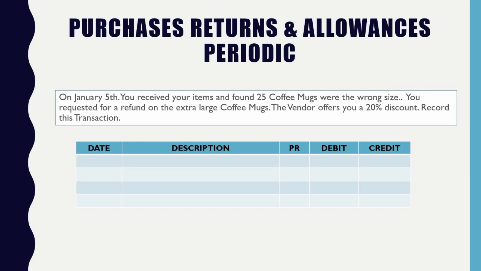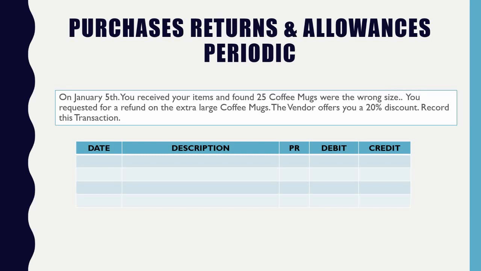You're going to start with your accounts payable again on the debit side, because you're essentially getting your money back, correct? Right, because we've already paid it, so we need to credit that back with 20%. Now, the question is where is this 20% coming from? Is it off the whole entire amount or is it just the cups I'm returning? It's not super clear, but I'm going to assume that the 20% is only coming off the items that we were trying to get a full refund on.